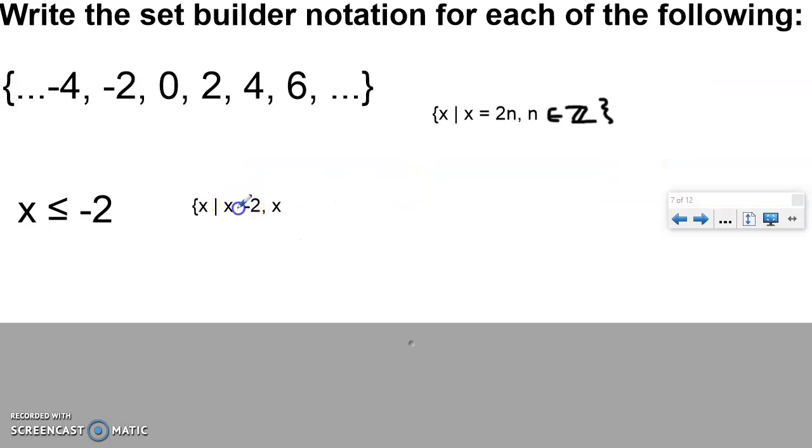So this said less than or equal to. So if we have to think about, okay, what set of elements are those going to be in? So it's anything less than -2. So you could just say it's going to be a real number because it's going to